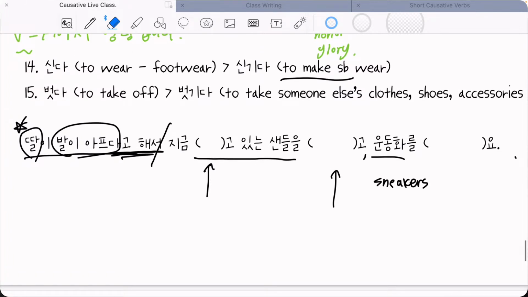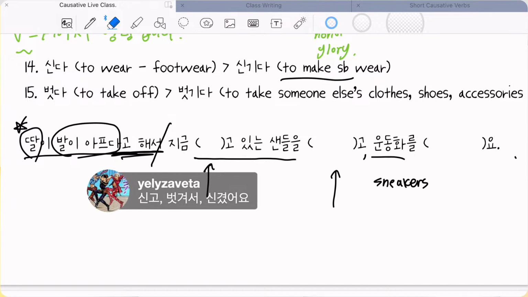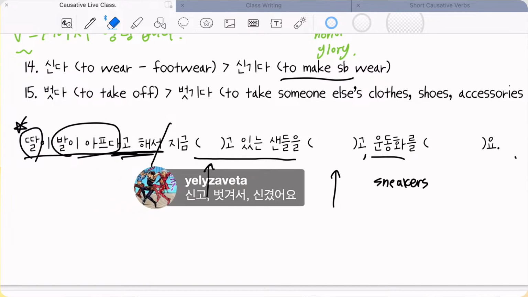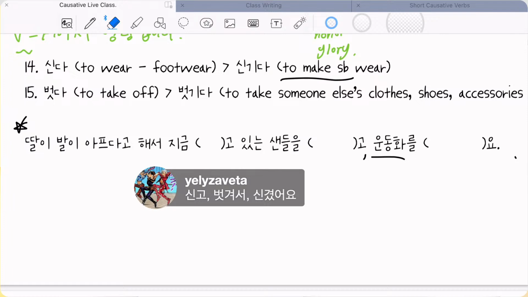같이 할까요? 그렇죠. 옐리님 is the first to provide an answer. So 신고 있는 샌들을 벗기고 or 벗겨서 운동화를 신겼어요. Alright, okay, 좋아요. You used all the correct verbs in each blank. 좋아요. 그래서 딸이 발이 아프다고 해서